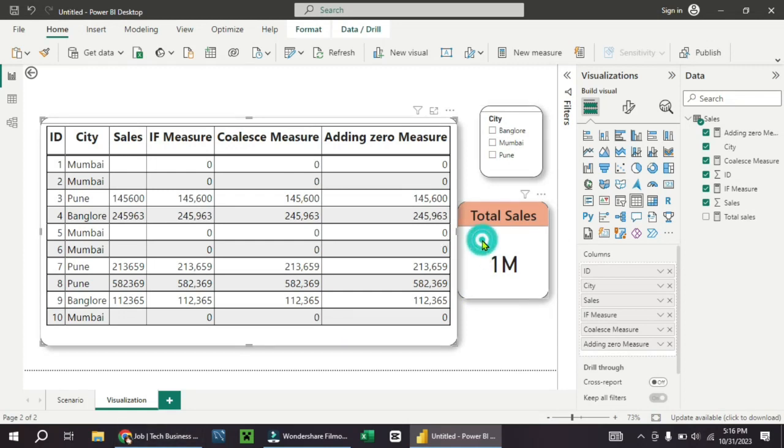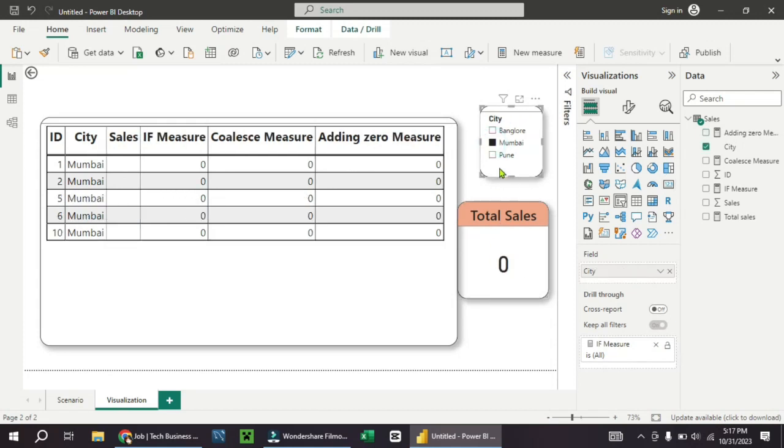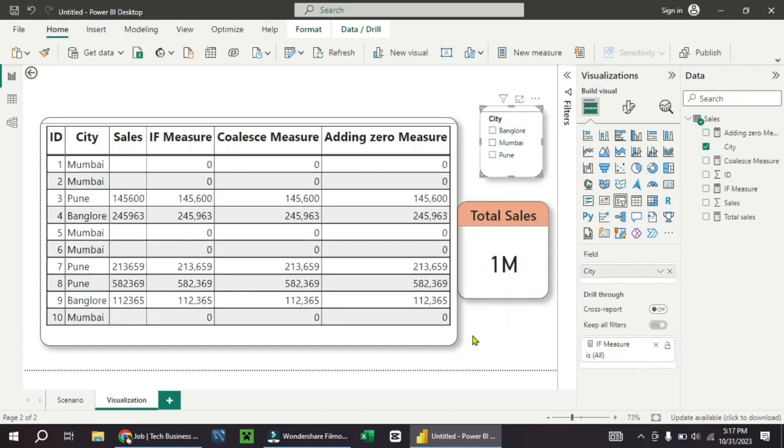Same way, for the card visual, instead of this COALESCE measure, we will use this adding 0 measure. If we go for just Mumbai, you can see there is a 0 value. So this is how you can use 0 instead of blank values in such scenarios.